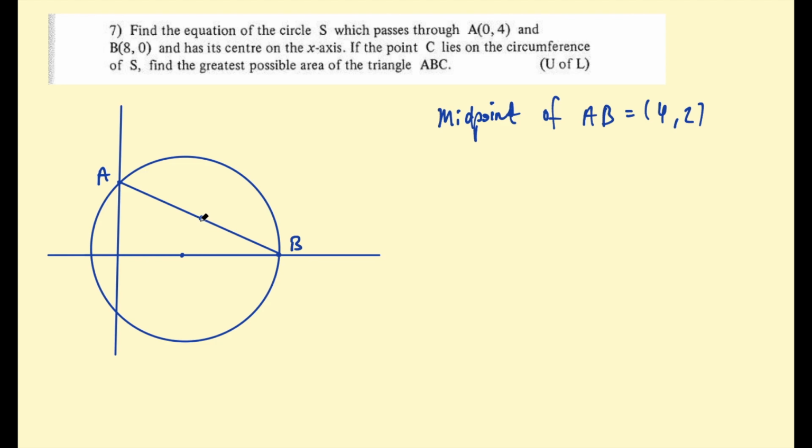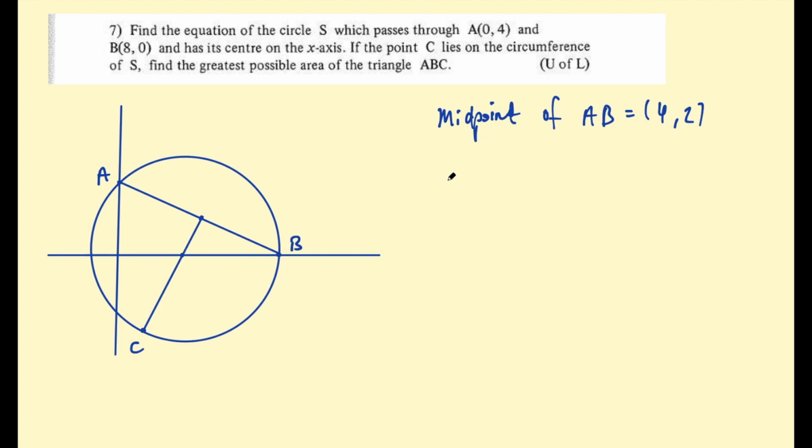And we're going to draw the perpendicular, which must go through the center due to the bisecting chord theorem, right? A line that bisects a chord and is perpendicular to it must go through the center of the circle. Then where that line intersects the circle, that will be point C, giving us the greatest area, because that line has the greatest possible length we could draw. Okay,